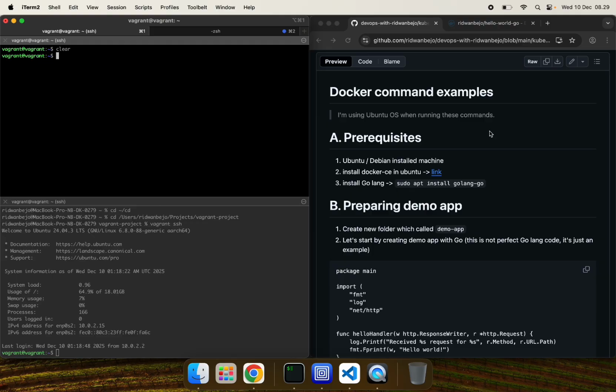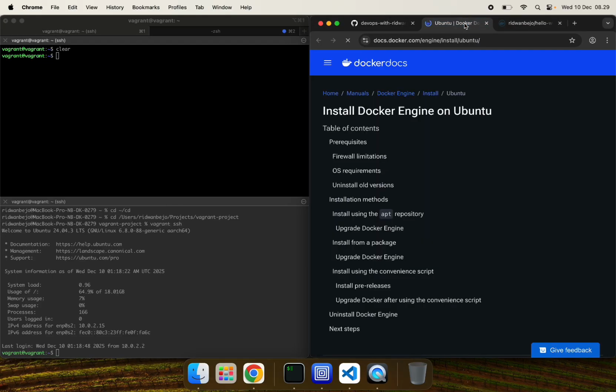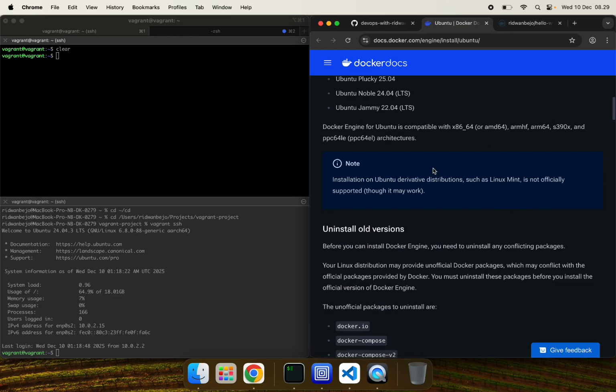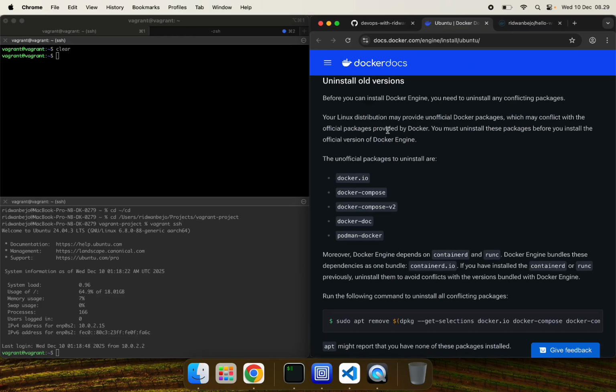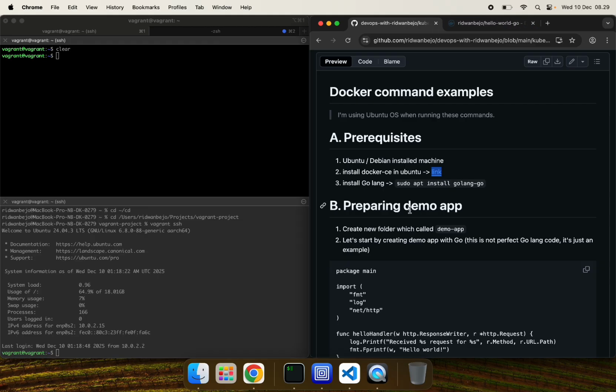Or maybe you can use Mac OS or even Windows if you have nailed it. But since we are going to use Ubuntu, we will try to install Docker CE, or Docker Community Edition. It was mentioned also in the previous video. So you can follow the guide here for installing Docker CE inside Ubuntu.